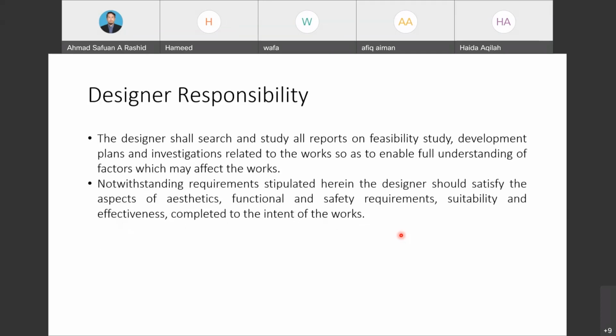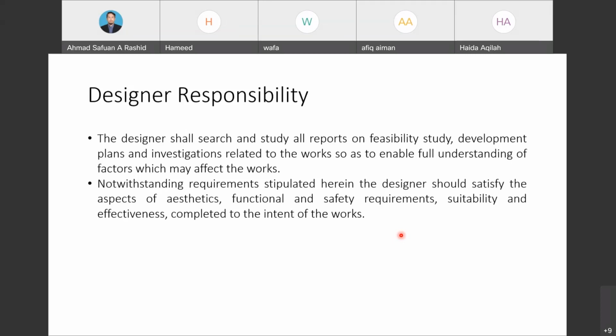So what is the responsibility for the design from the designer? Okay, designer should search and study or report on feasibility study, development plan, investigation related to the work so as to enable full understanding of factor which may affect the work. Okay, so the designer should have a preliminary study,